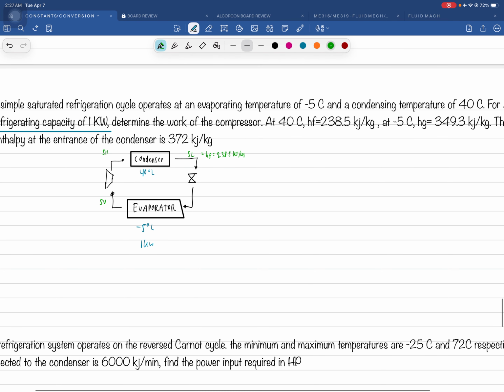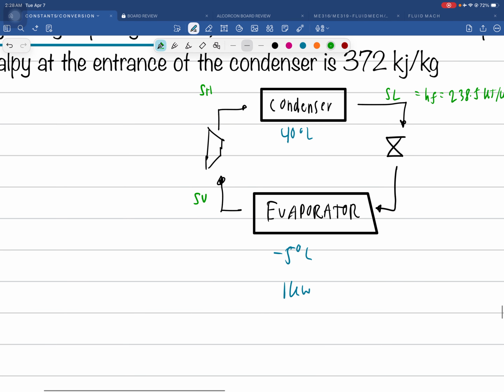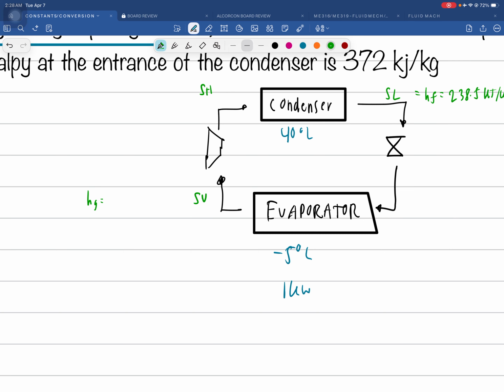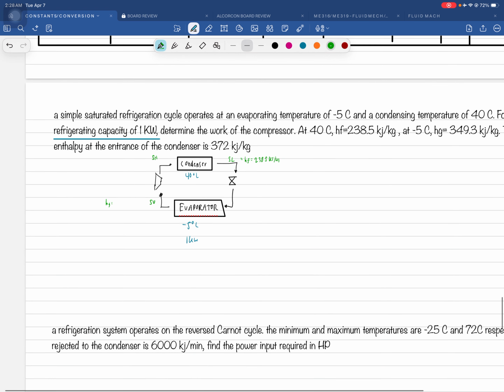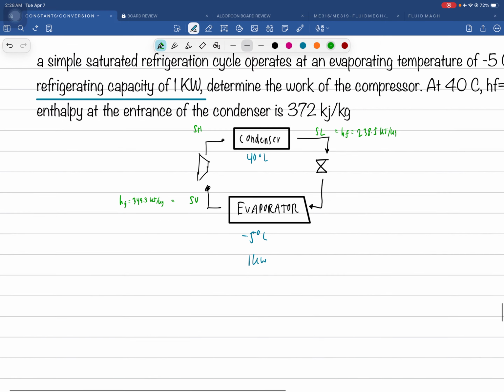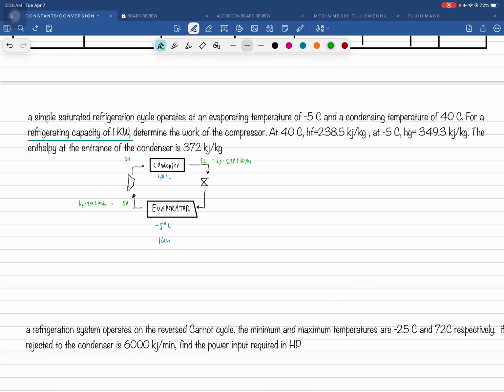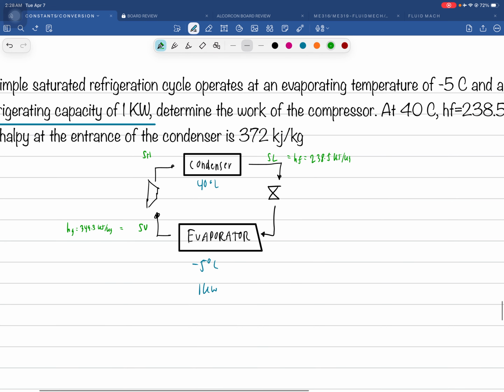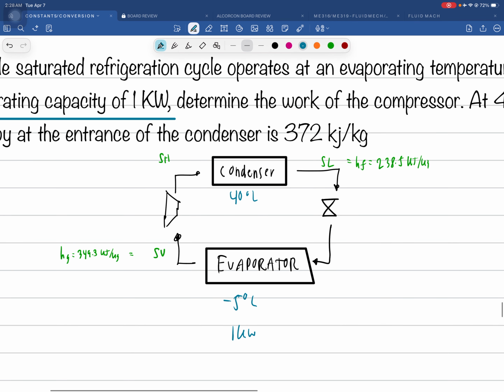Sa -5 degrees, yung HG mo or your SV, saturated vapor, which is your HG, equals 349.3 kilojoules per kilogram, okay? Enthalpy at entrance of condenser. So ibig sabihin, leaving the compressor, entering the condenser, meron kang superheated enthalpy, which is